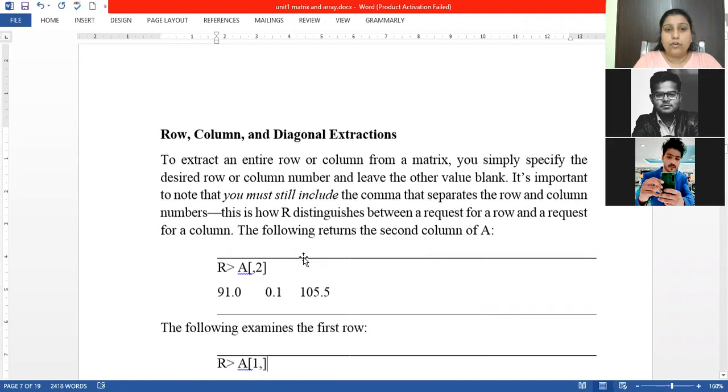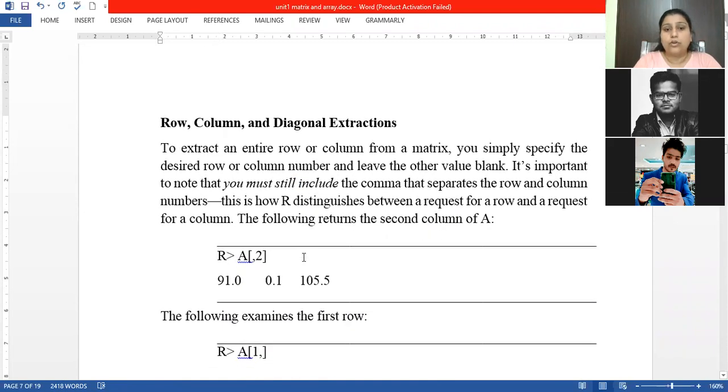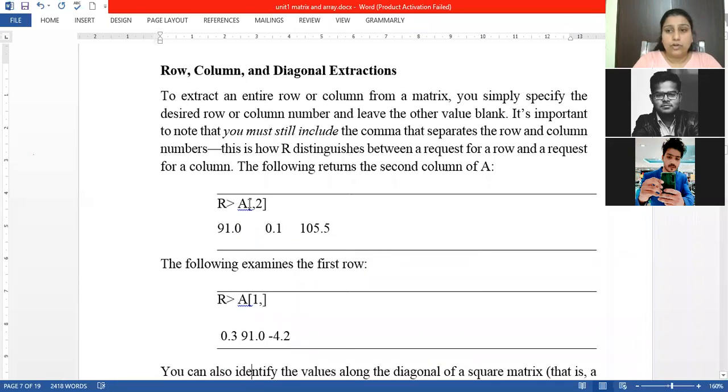Now suppose you want to extract a whole row, a whole column, or the diagonal, then what do you need to do? Suppose you want to extract the second column, then don't pass any index at the row position, just put a comma, and whatever column you want to extract, put that column number.